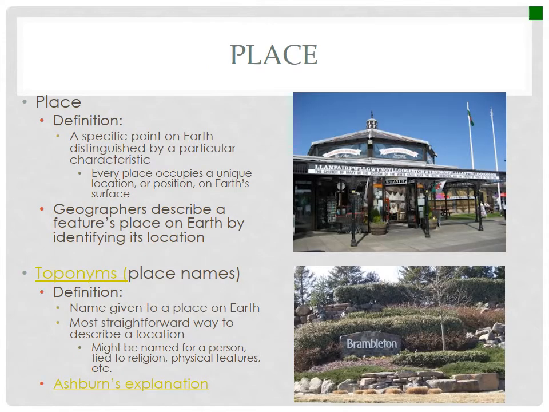So place can be defined as a specific point on Earth distinguished by particular characteristics. So it's geographical location, it's the geography around it, and along with place, you have a toponym or a name of a place. And this is a name given to a place on Earth so that it describes it. So it might be named for a person, it could be tied to a religion, particularly, for example, down in